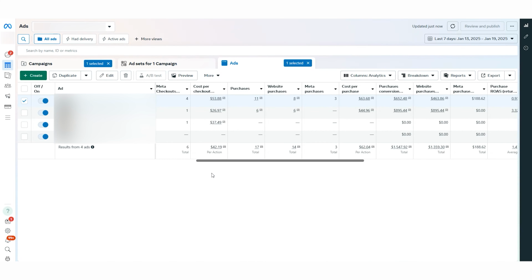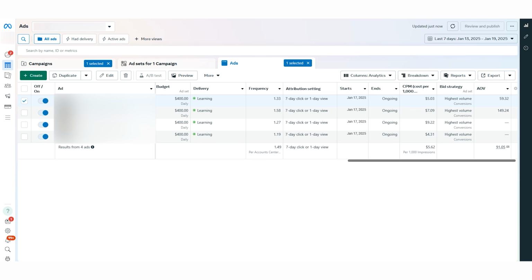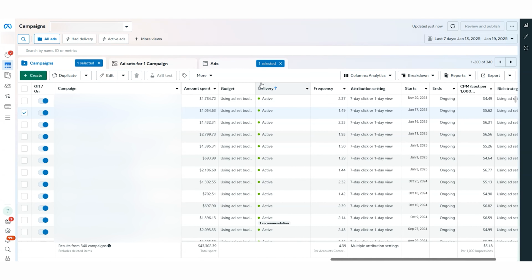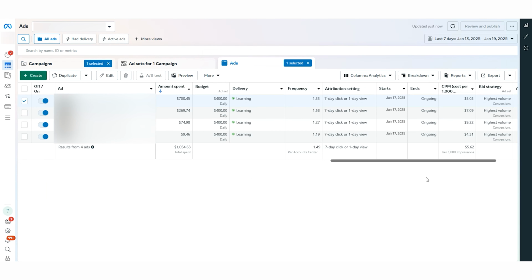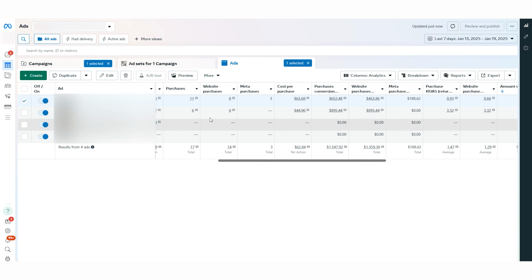13 checkouts, 11 purchases. Nothing we expect here to be fixed, and we have a problem with the AOV: 59.30 something, while we're having 73, which means that this video is optimizing for lower AOV, because the AOV we're seeing here is completely different from the average AOV on the ad account. I'm not saying that the number on the other one is normal, but I'm saying that for sure this one is optimizing for low AOV. This one also has 6 sales compared to 11.